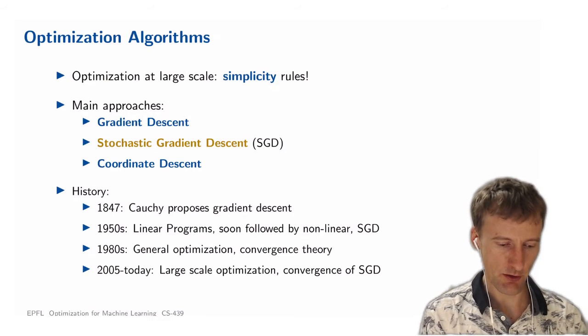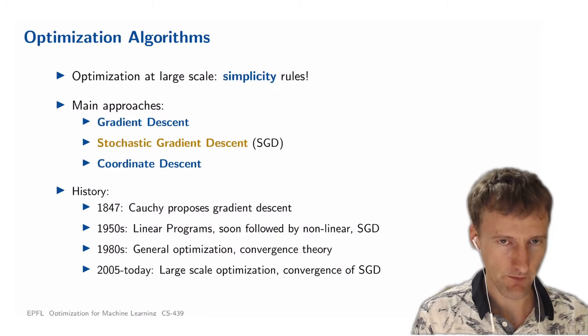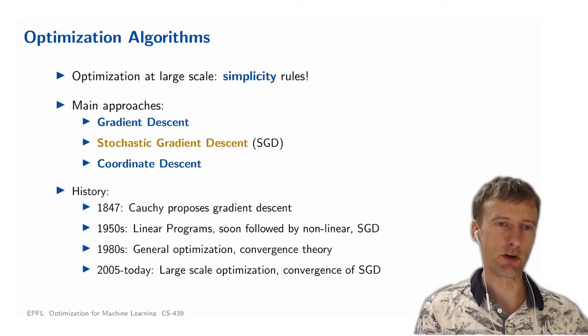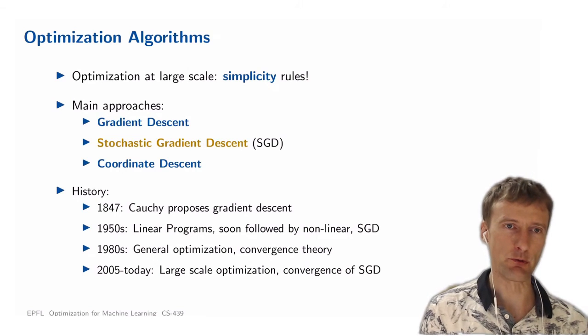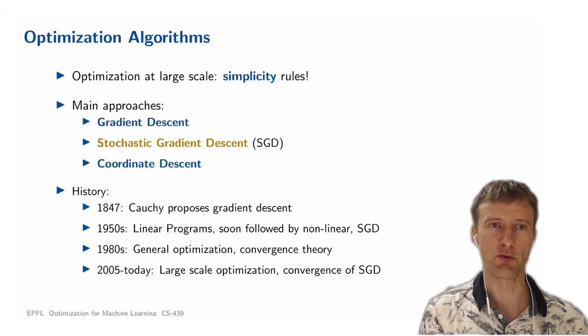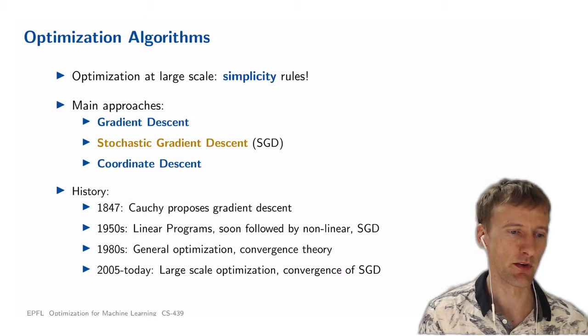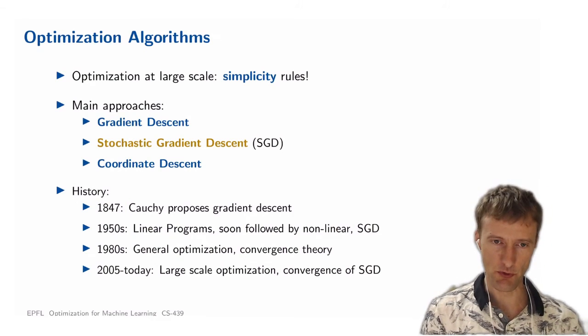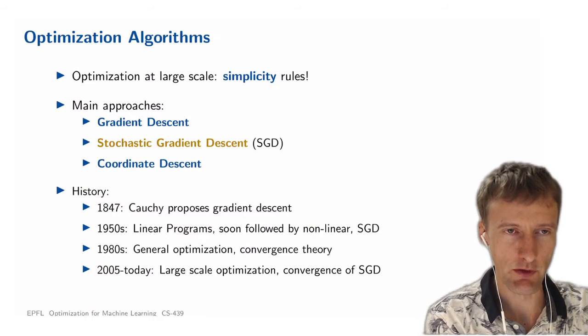And now in machine learning we have seen a bit of an opposite trend. More and more machine learning and deep learning applications have converged to use very simple algorithms, which are just first order methods, which means just use the first derivative, only the gradient, because they are computationally much more efficient and can be applied particularly well to